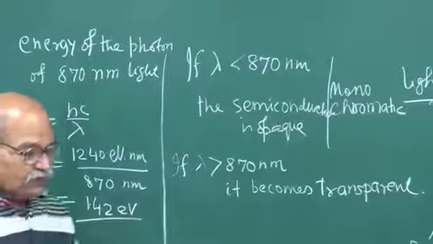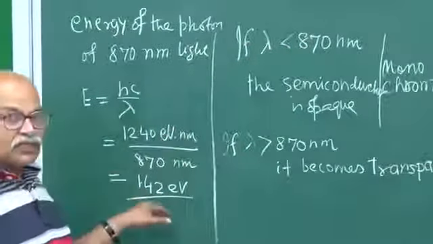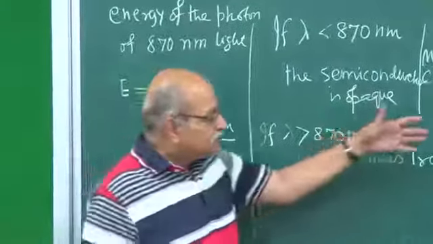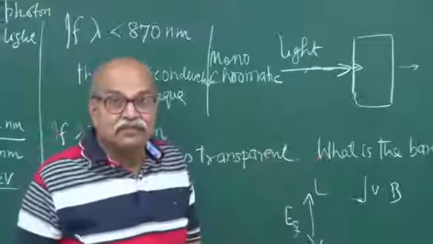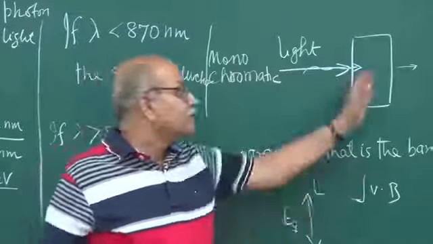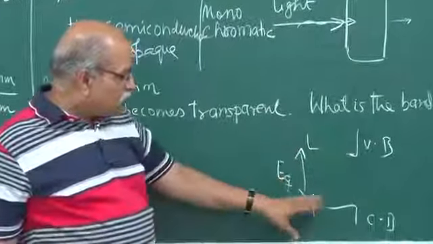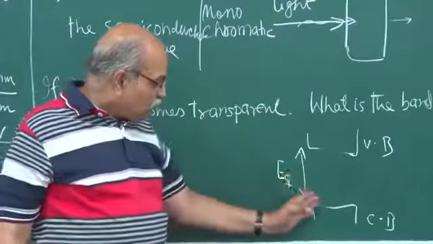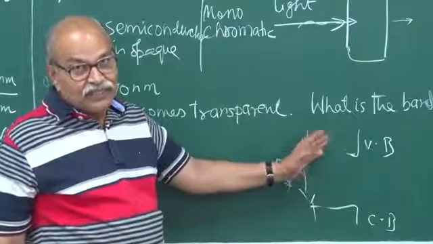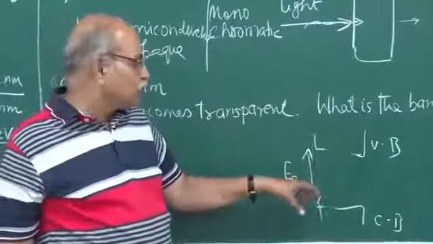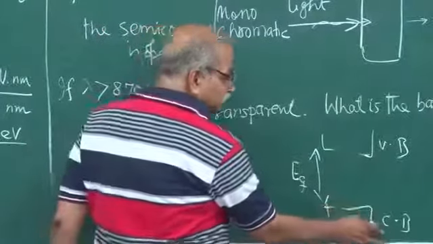So, that means if lambda is less than this, the energy is more than 1.42 eV. So if energy is more than 1.42, then it gets absorbed. It is opaque. Light doesn't come out. So absorb means what, and how can it absorb? It can absorb if the band gap is 1.42 eV. Then this photon of 1.42 eV can get absorbed and can take an electron